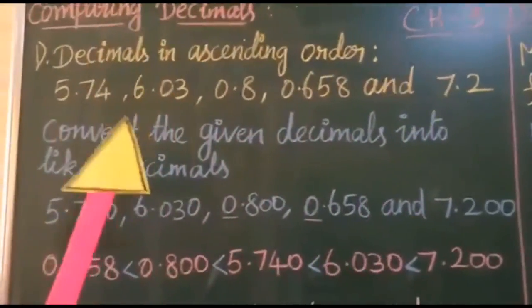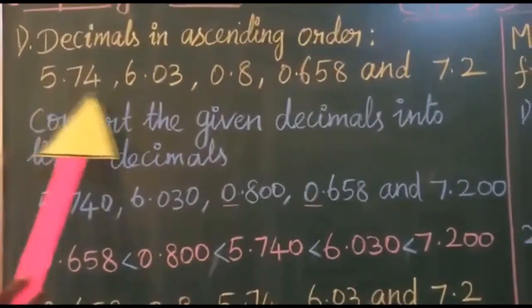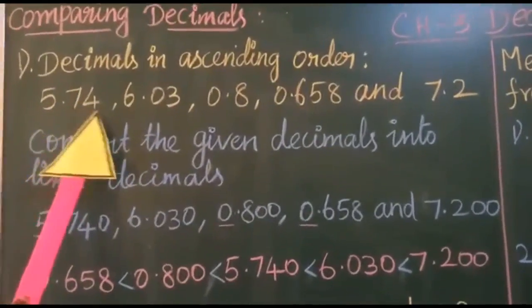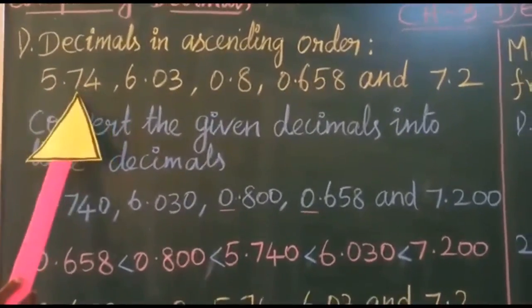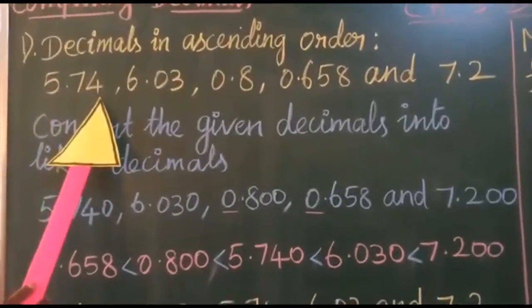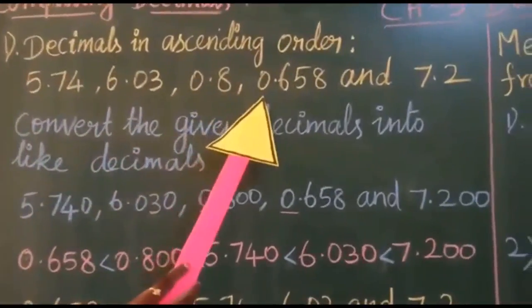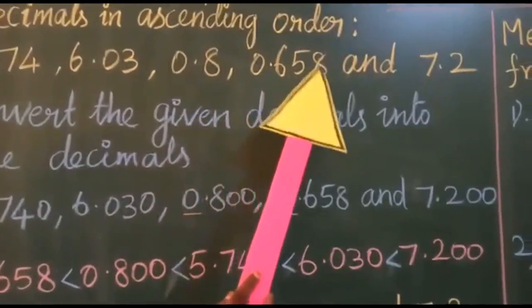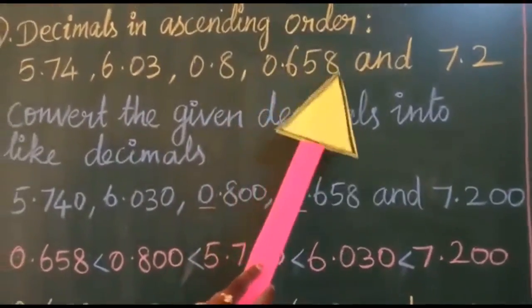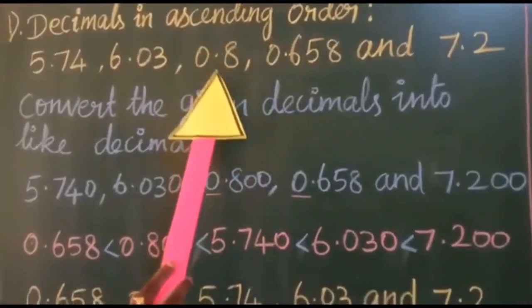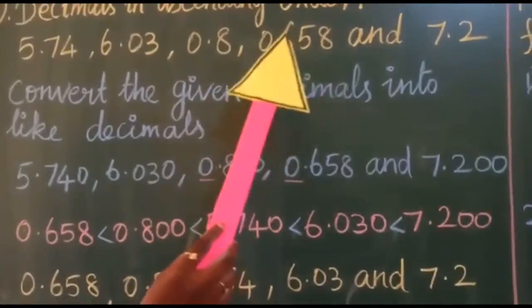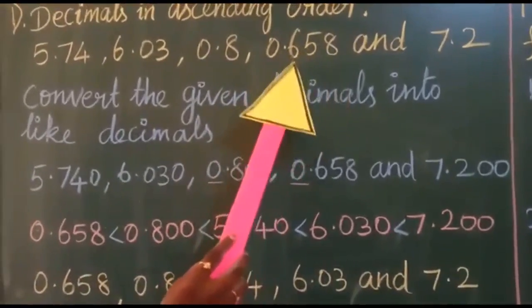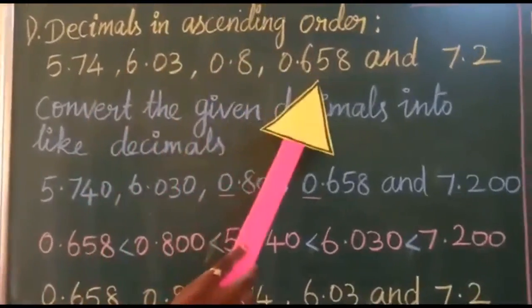Children, remember when you are reading decimal numbers, you should be very clear this is not 74. After the decimal dot, this is read as 7, 4. Am I clear? So here also when you are reading, it's 0.658. This is not 658. Before the decimal dot, we can call it like 74, 82, like that. But after the decimal dot, it should be read digit by digit like 6, 5, 8. Am I clear how to read the decimals?